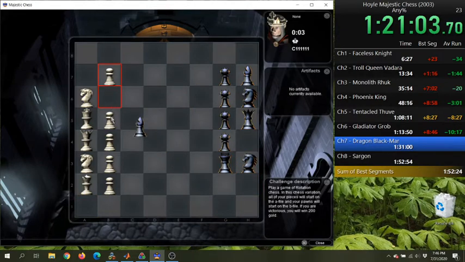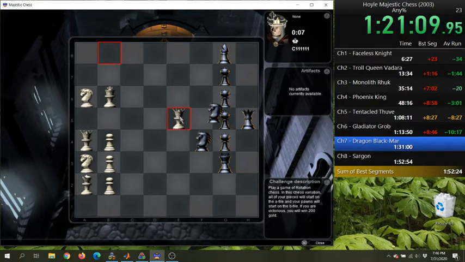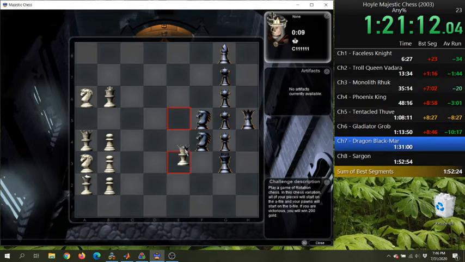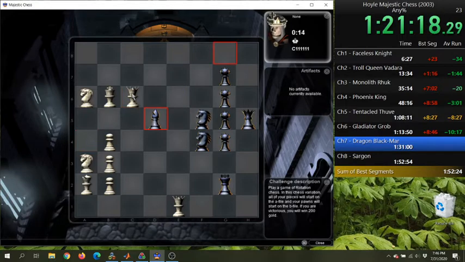This, as you can probably tell, is one of the ones that I've just had to memorize. It's too tricky, these variants, and none of my normal chess skills come in handy. Okay, what do we do here?